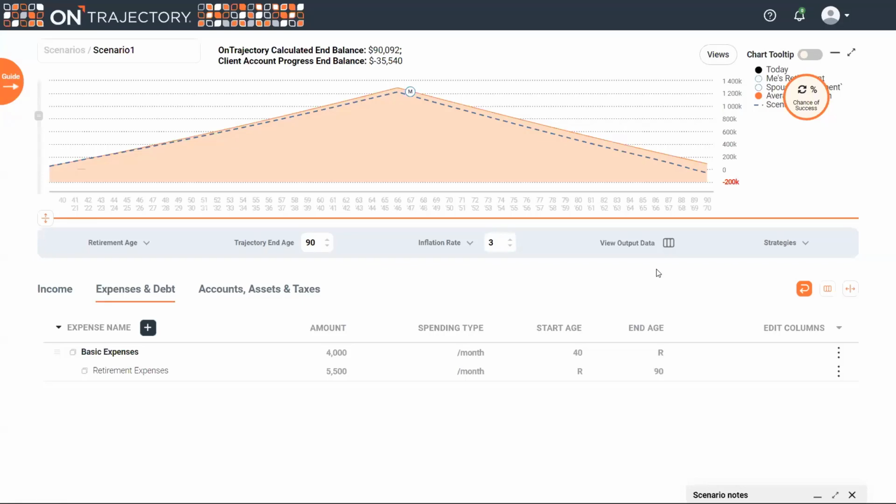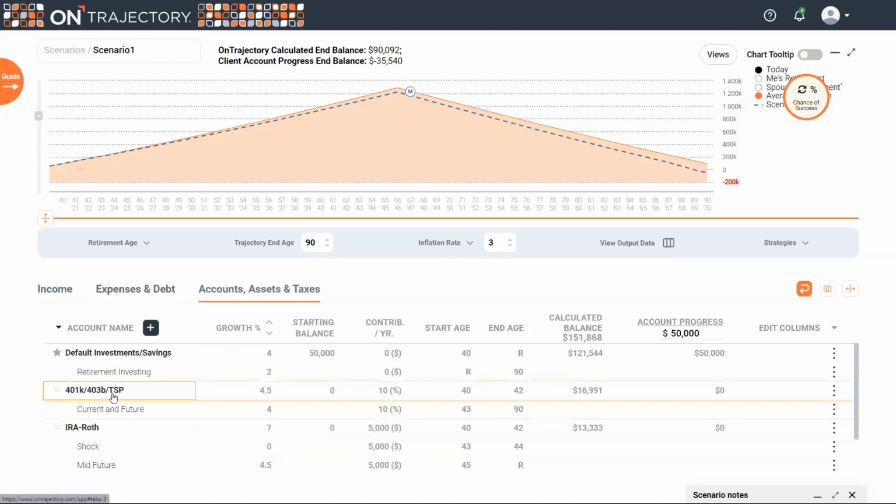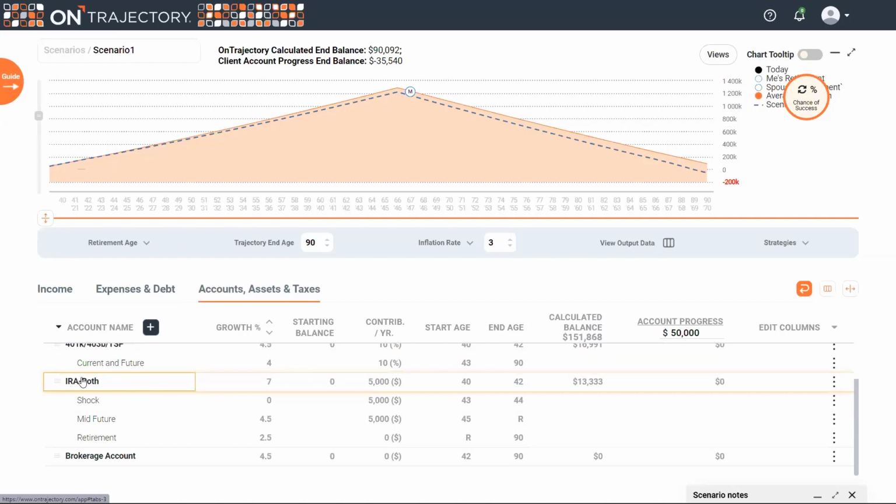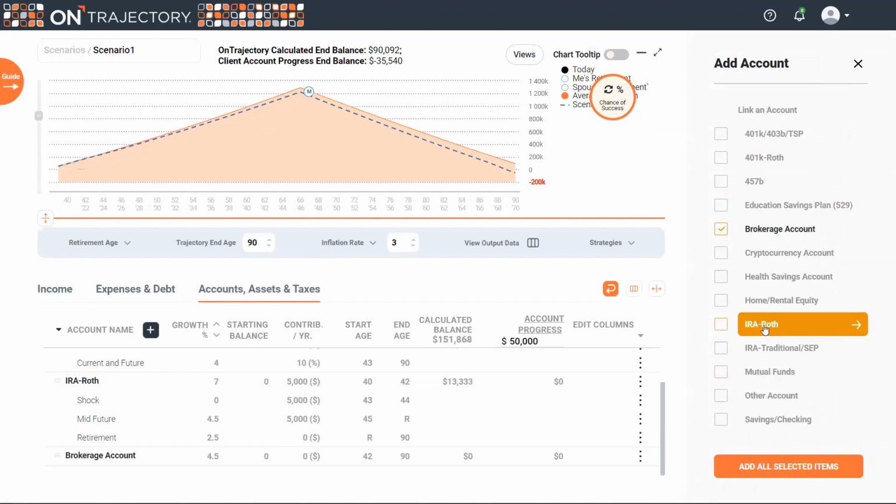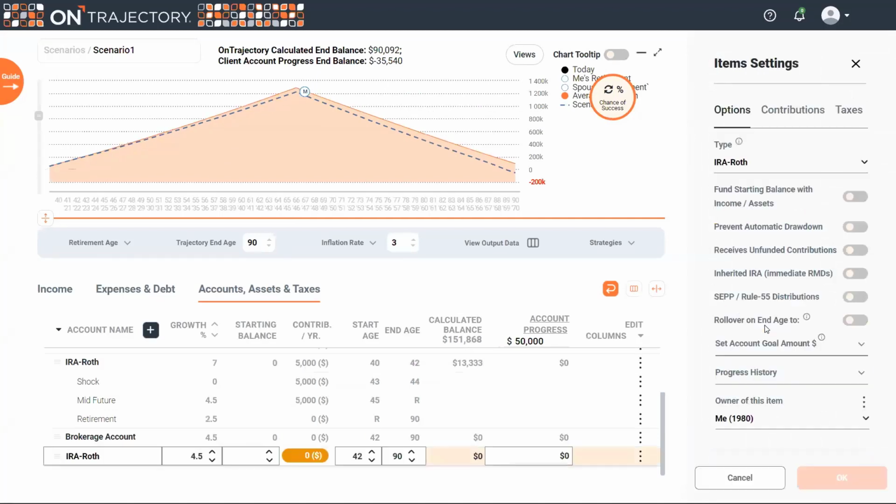Yeah, so this question does come up from time to time. And you can model it super accurately. You could go in here, accounts, and let's just create a dedicated IRA. And you can grow that IRA, and you can model contributions to it. And then on the year that you're sort of turning it over to the annuity company, I guess, and the income is going to start,